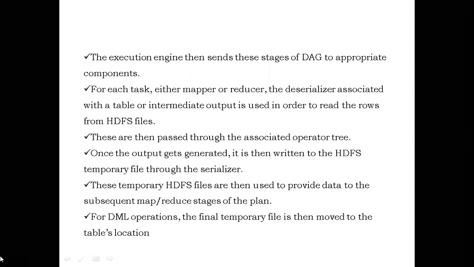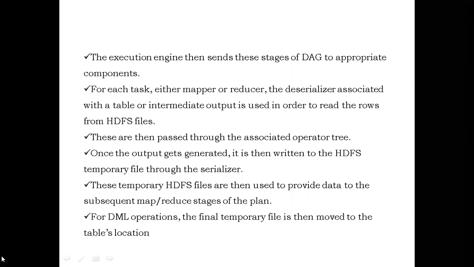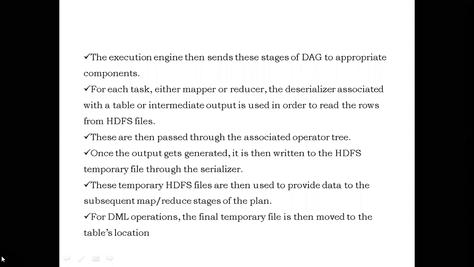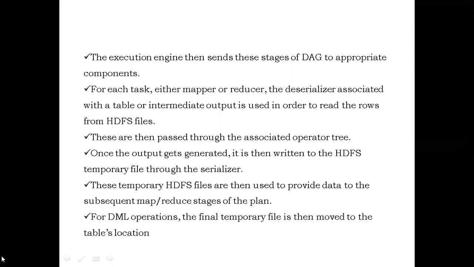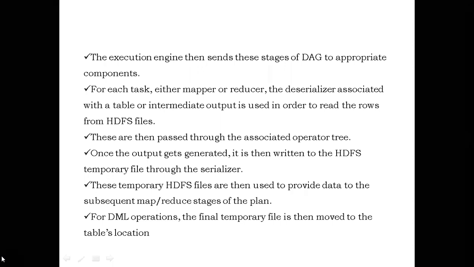Generally, when we come to map reduce, we have phases: input splits will be there. Next, mapping will be there. Next, shuffling and sorting will be there. Next, after sorting, the reducer will be there.